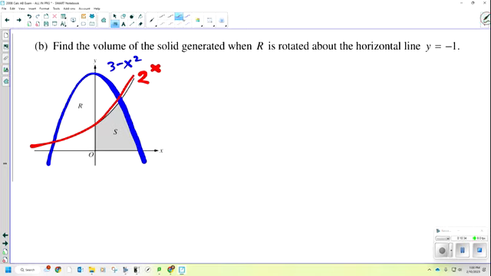They want, let's highlight this. Why not? They want R this time. Okay, they want R, but they're not asking for the area of R. They want the volume of R as it's rotated around the horizontal line, y equals -1. So first, before we start drawing up more things on this graph,